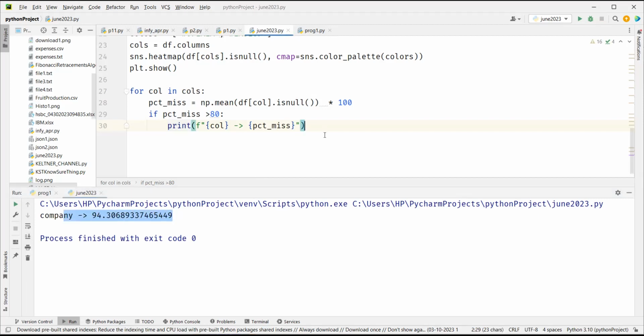So what we'll do, we will remove the column since it has more than 80% missing. You can decide your own threshold. We have said 80%, so we're going to drop it. So I'm going to say here,